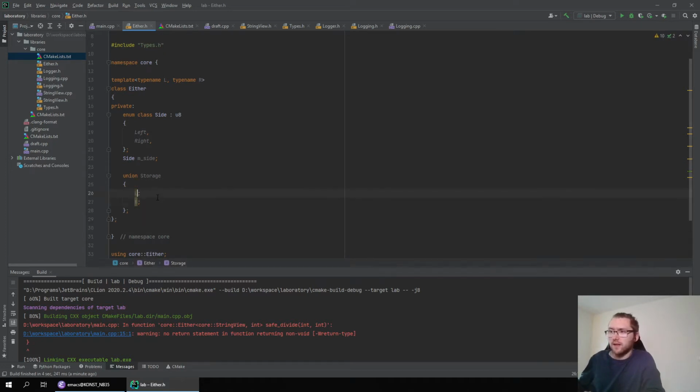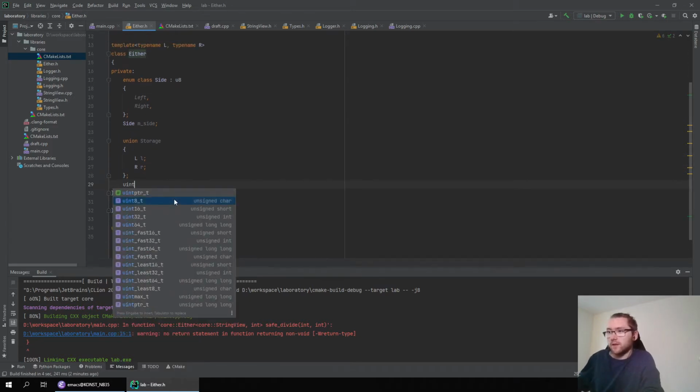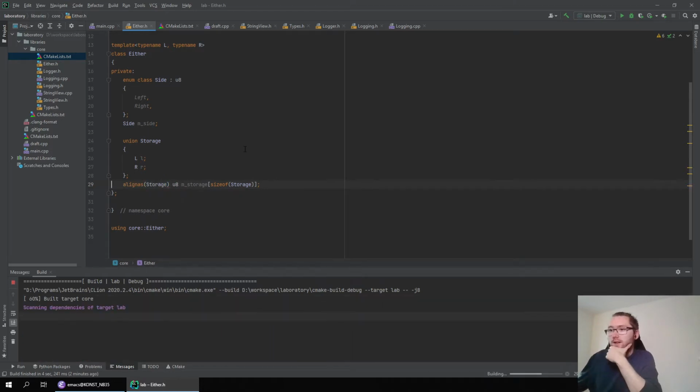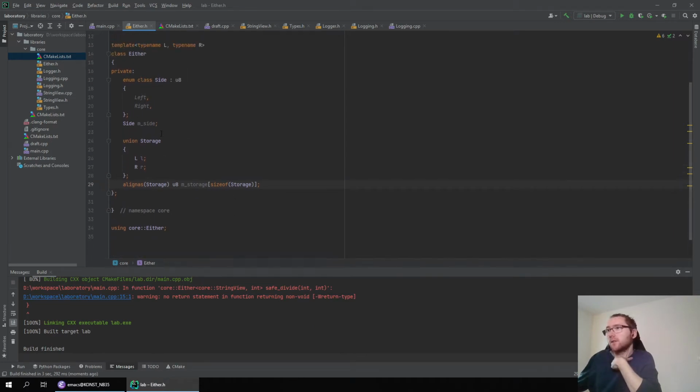I don't know if I like this, but I'm not going to store it as a union. I'm going to store it as a U8, a naked array of bytes, which has the size of storage or enum, and I'm also going to align it as storage. This way, we should always have the values aligned. And I'm thinking that this is probably fine.